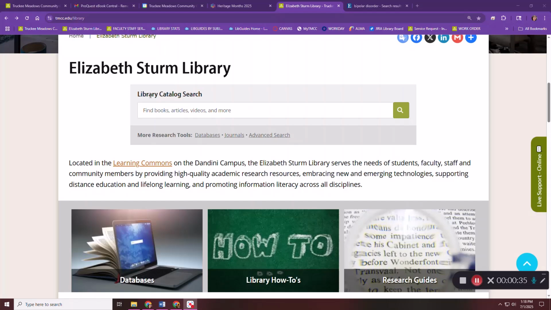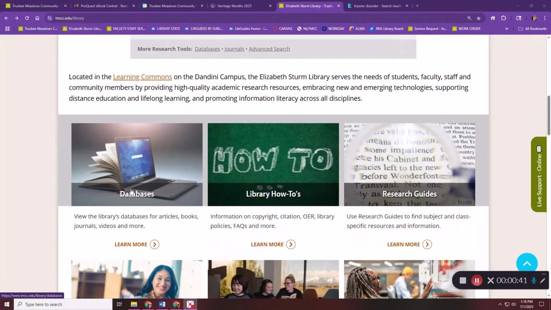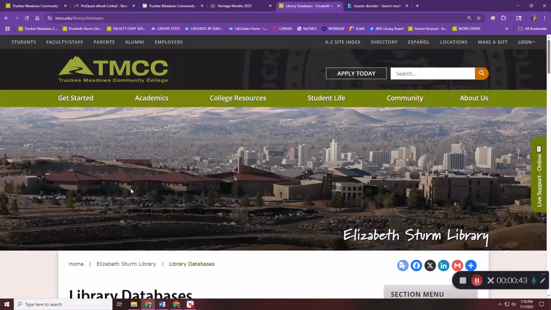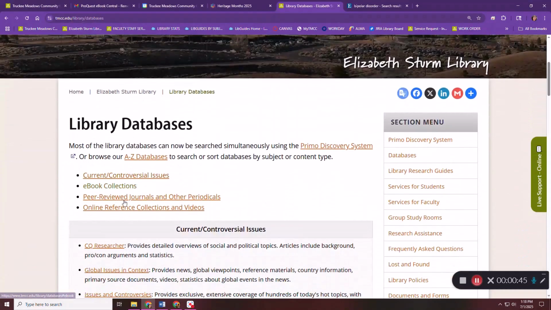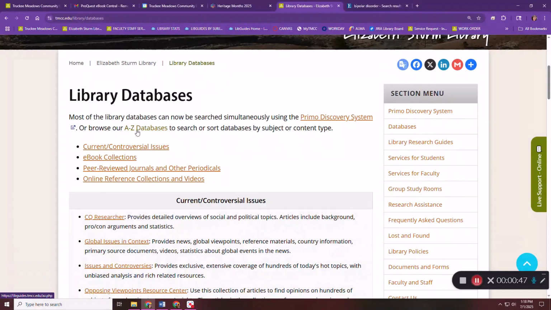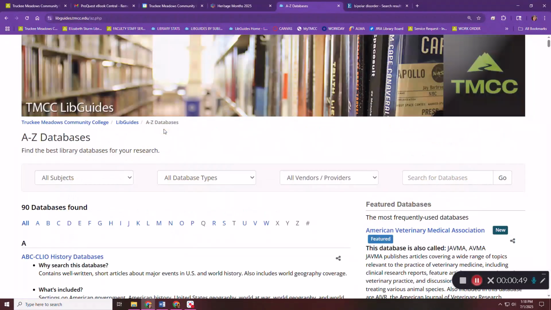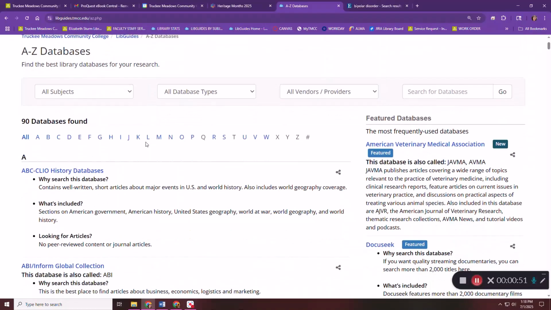So again, you can go to library catalog search to databases or click on the tile that says databases, and then we're going to scroll and we're looking through the A through Z databases list. When I click on that, it has a list of all of our databases, but today we're going to just